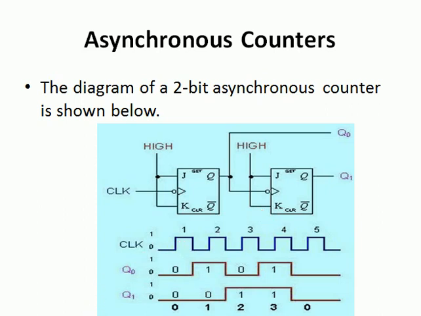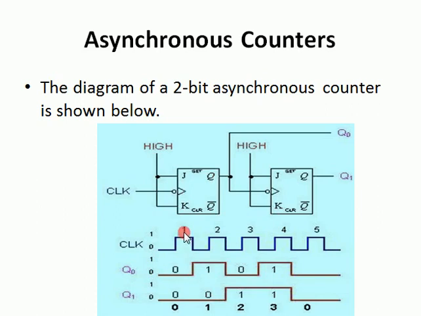So when we discuss the first flip-flop, here Q0 denotes the output of the first flip-flop, and Q1 denotes the output of the second flip-flop. This Q is Q0, and this Q is Q1. So first we will discuss Q0. Now let's consider that when we have 1 and 1 here, let's suppose Q0 is 0. So here you see Q0 is 0.